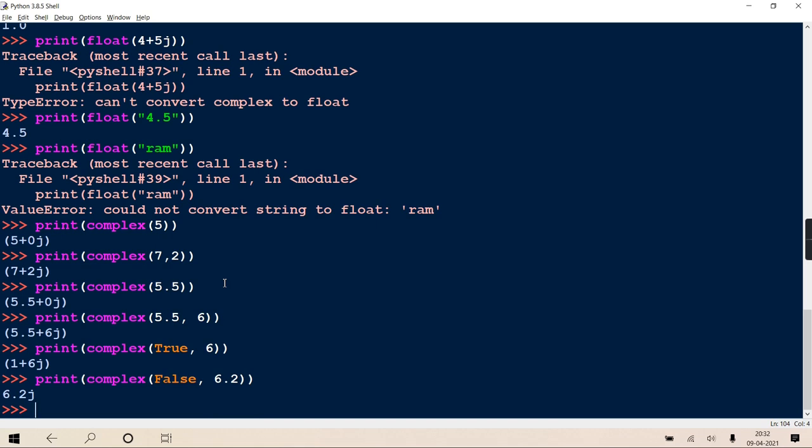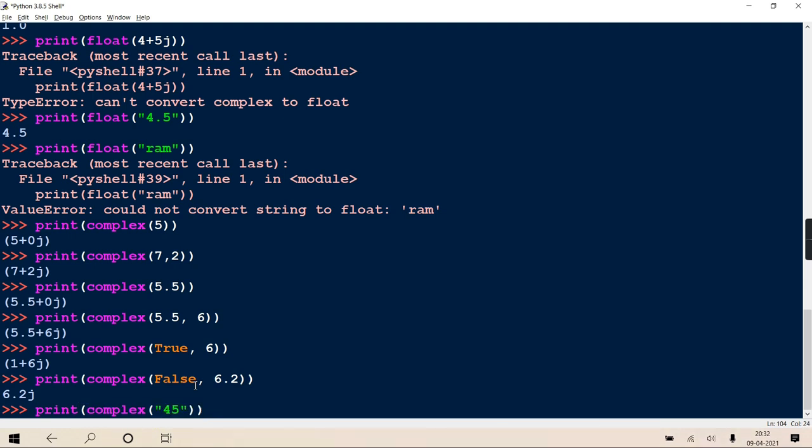So a combination of integer, float and boolean is allowed. Any combination you can do with a boolean, an integer or a float; it doesn't make a difference. But if you are using a string, then only one argument is allowed.